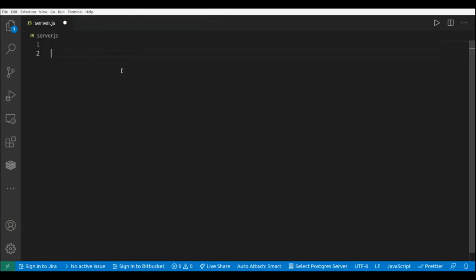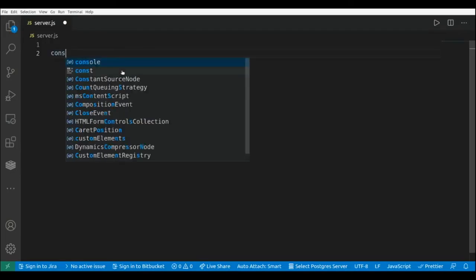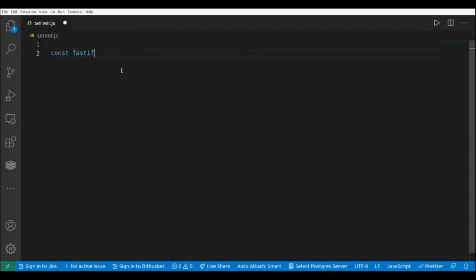First, we need to import the Fastify library. So this is const Fastify = require('fastify'). We're going to initialize an instance of Fastify, and we're going to pass a property here that is the logger